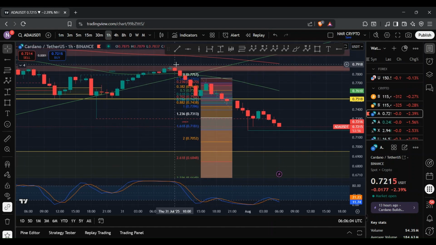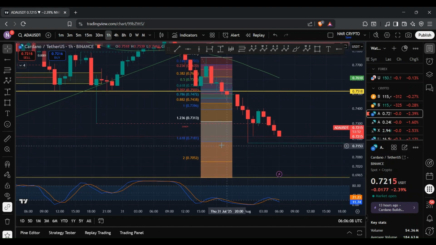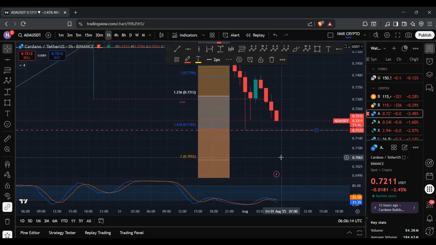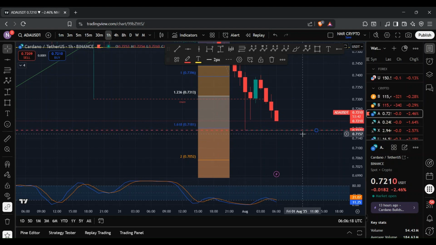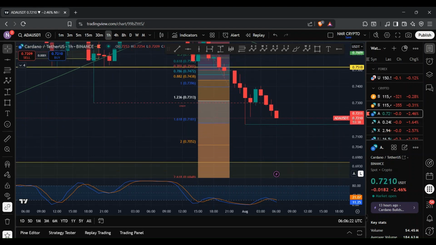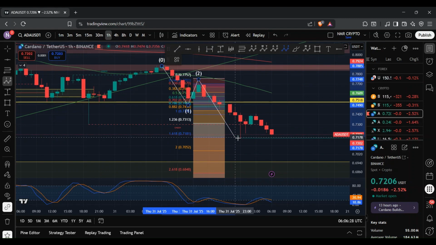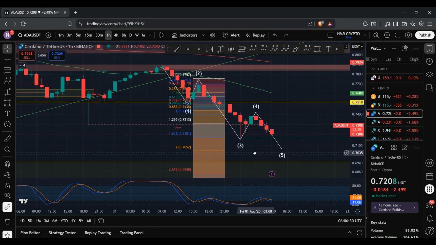And yeah, for a five-wave structure to form, the third wave will need to reach the minimum target, which is this level here. And you can see that we ended up exceeding that level, where we reached 71.72 cents. And so it looks like we have a five-wave structure to the downside that's currently forming right now, where if I was to draw that in,